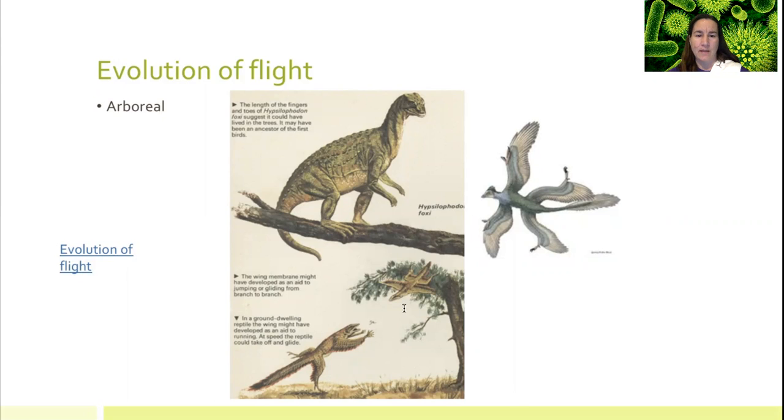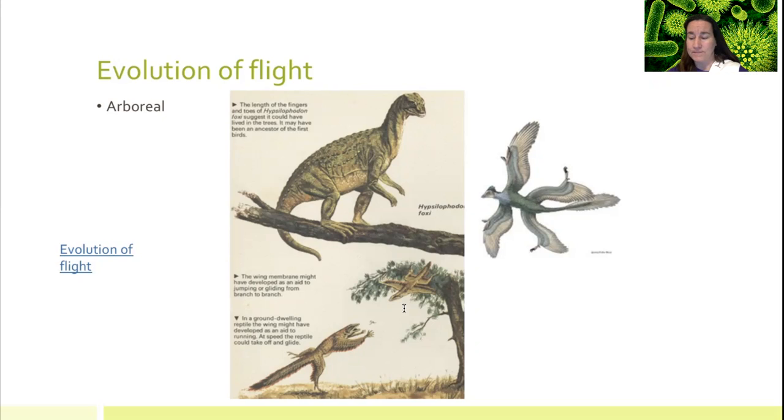We said that they had evolved from dinosaurs, that they had evolved from reptiles, and that we had lizard hipped ones, and we had bird hipped ones, and they actually came from the ones considered lizard hipped, is where birds came from. And there were three hypotheses about how the origin of flight actually happened. Like, how did they actually get off the ground? Why did they get off the ground? What brought them to that point to begin to fly?